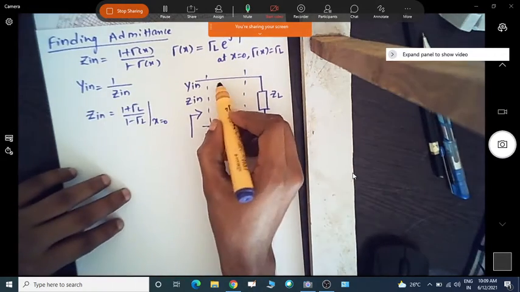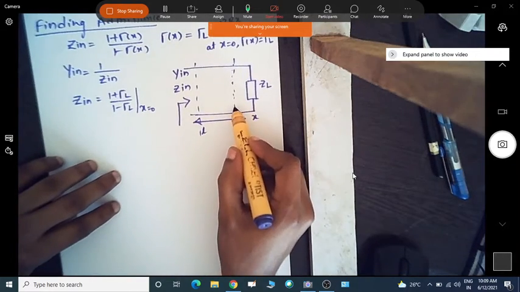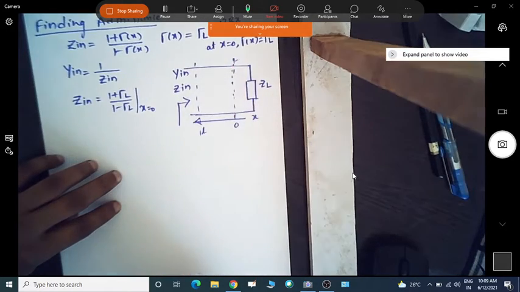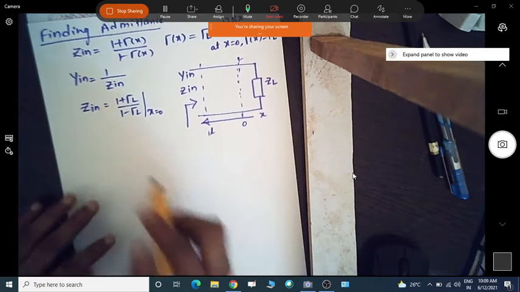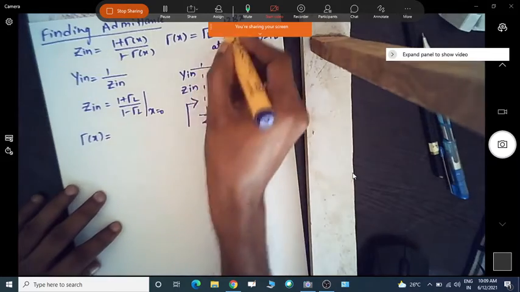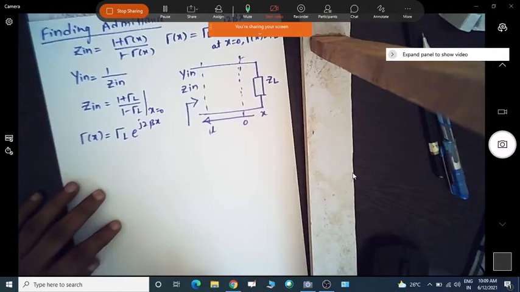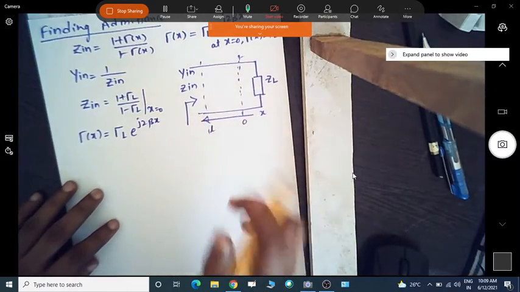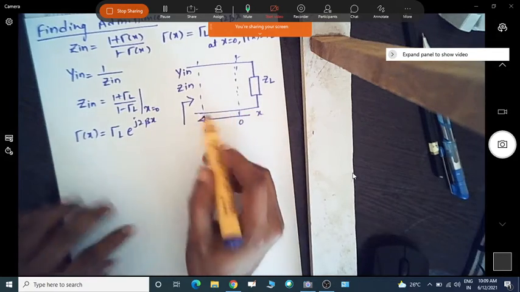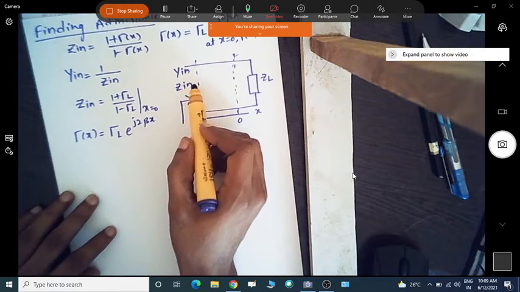And now if I find out the impedance at this point, at x equal to 0, how can we find out the admittance at the same point? So that we can see here. So if we have the gamma x equation, which we have already written, which is nothing but gamma L into e power j 2 beta x. Now whenever we know the point ZL, after putting the value of L, that is x equal to L, we are going to get the input impedance.